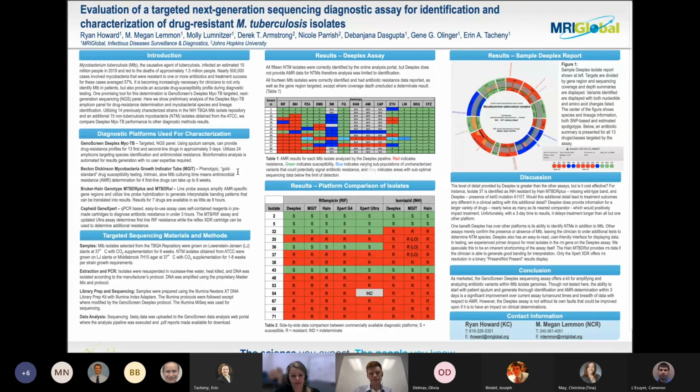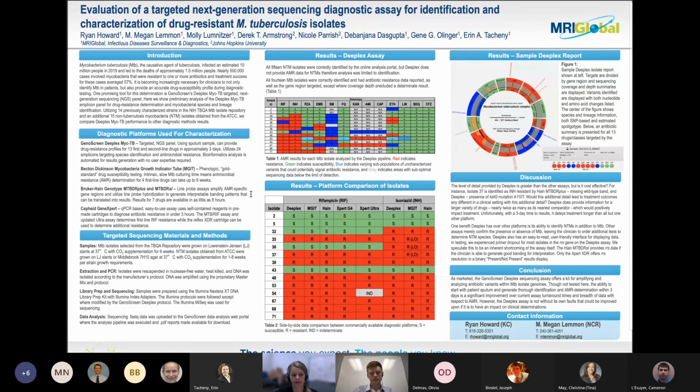And that does take up to 6 weeks. So that's not ideal, but it does give us a good feel for whether a drug is effective against it or not. We also did a line probe assay called the Bruker-Hain genotype,